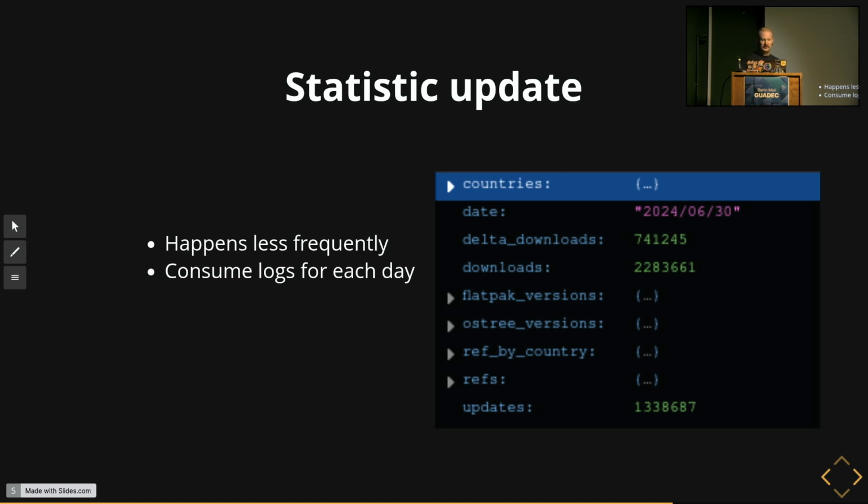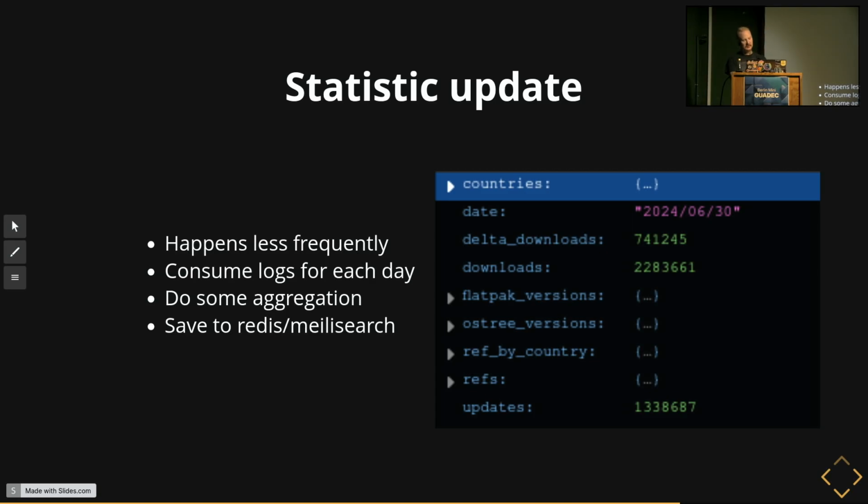That's a file which starts to exist for each day, and we go through it and just throw it into our database after doing some aggregation, and then we have new graphs on our website, and you can see the downloads in an updated form.